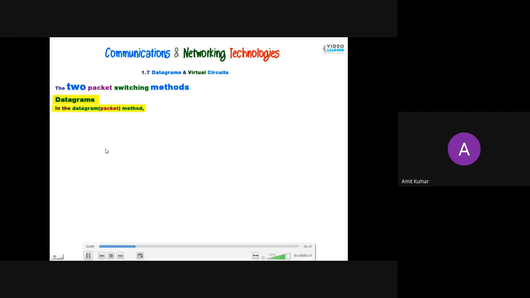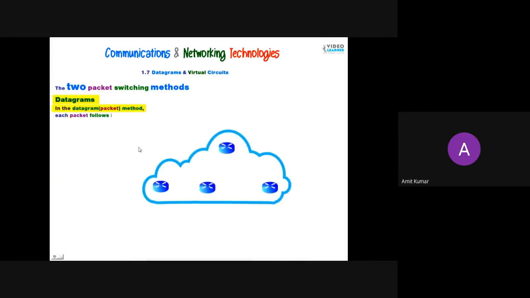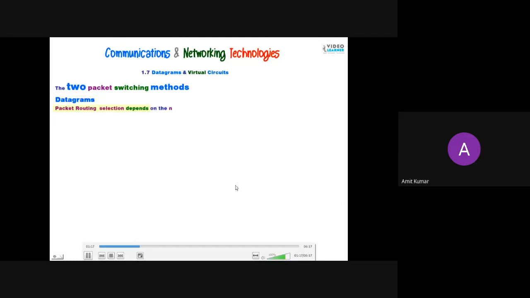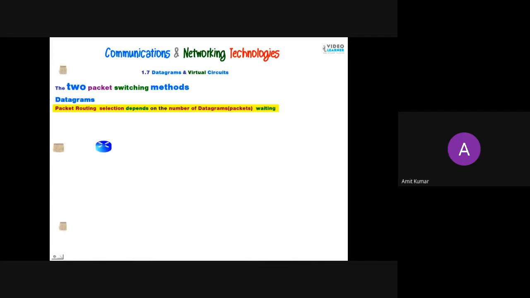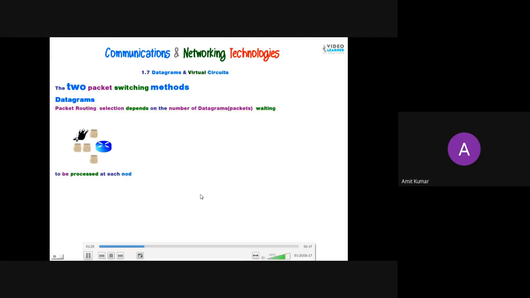First we are going to study the datagram method. Say for example, different switches are available, and we have a message which can be transmitted through any of the paths. So we need to route that message through the different paths. How can that be done? Every message is processed at each node. It will see where the node or switch is free.